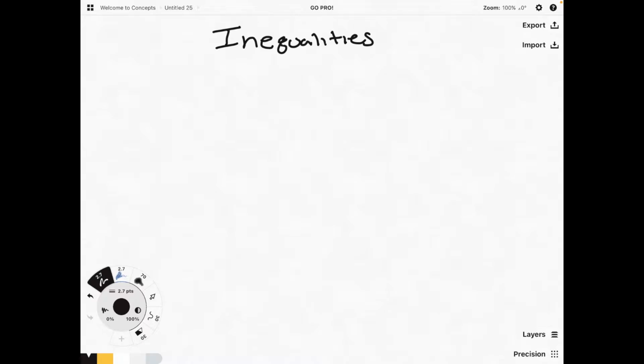So remember that an inequality is a statement that has two or more quantities or expressions that are not equal, thus the name inequality. For example, you can have x is less than 2, which means x is any value that is less than 2. So -1, 1, 0, -50, -0.5, 0.5, etc. If we draw this on a number line to represent the statement, we have